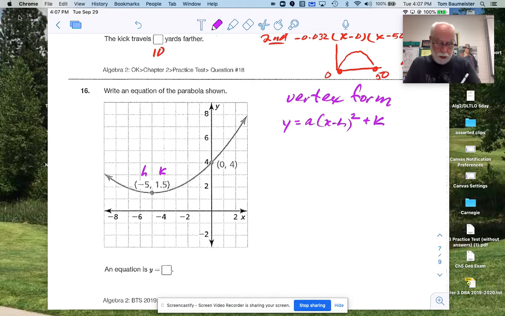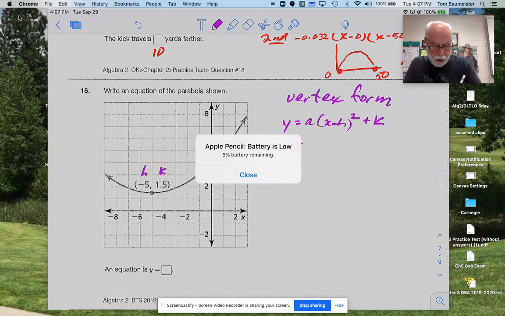So in this case here, remember it's x minus h. Our h is negative 5, so negative negative is a positive. So we're going to have a,